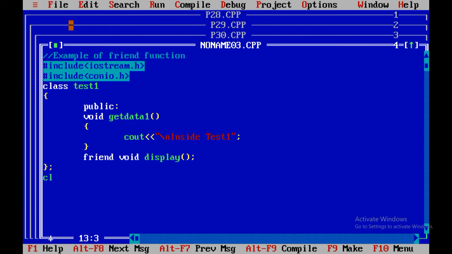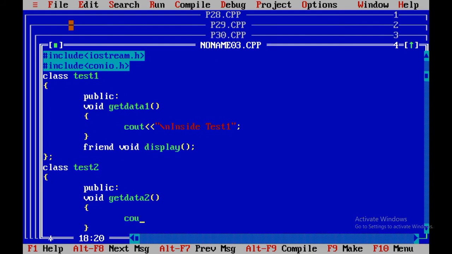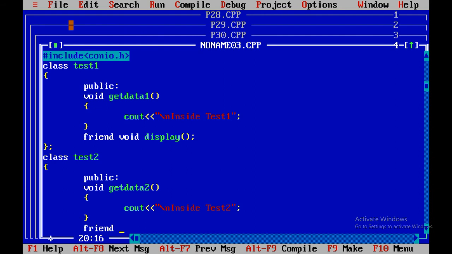One more class I am going to create, that is test2. Again public, void getdata2, cout \n inside test2, friend void display.